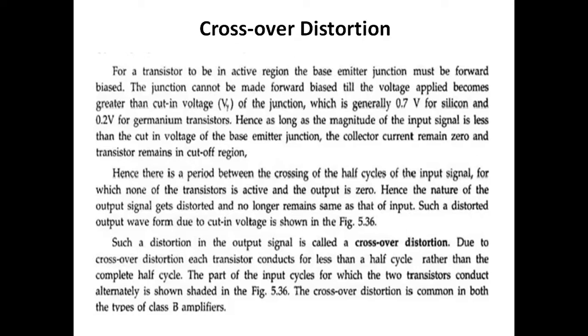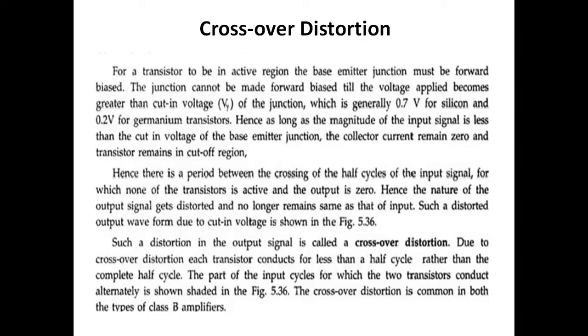In class B amplifier we have some crossover distortion, which is eliminated in the class AB power amplifier. Class AB is a combination of class A and class B. The operating point is located just above the x-axis. Because of this position, the conduction angle is in the range of 180 to 360 degrees. That is, the transistor conducts for more than half a cycle but less than a full cycle of the input.